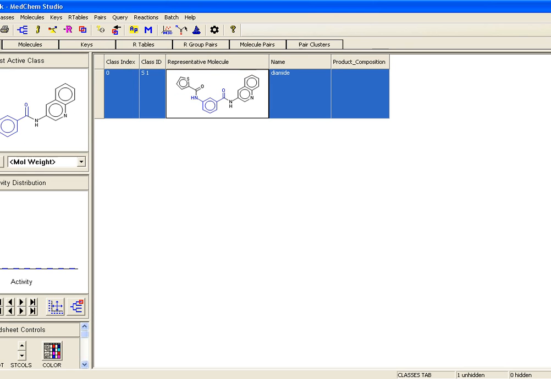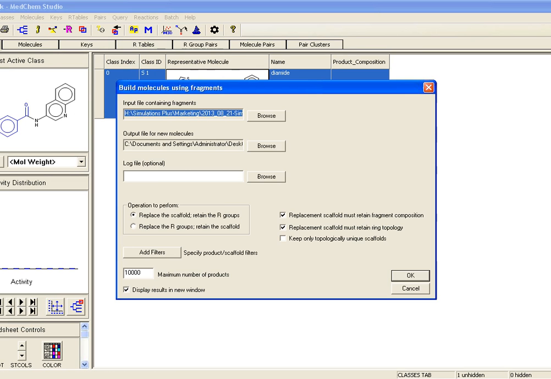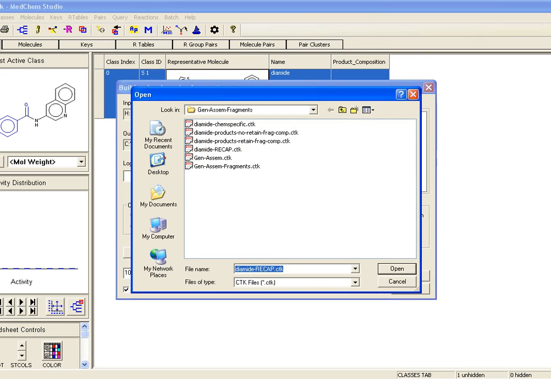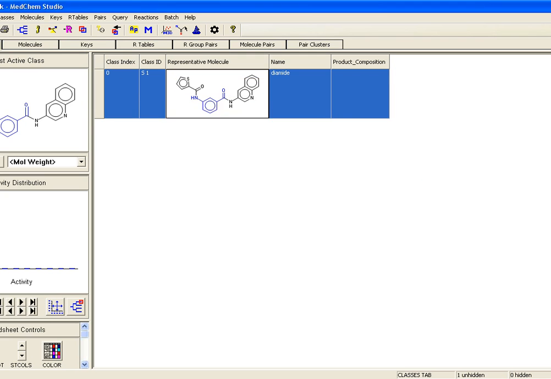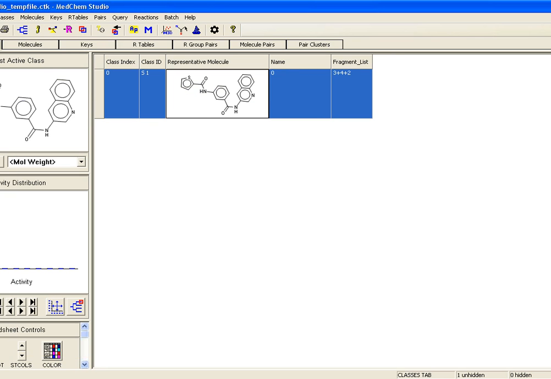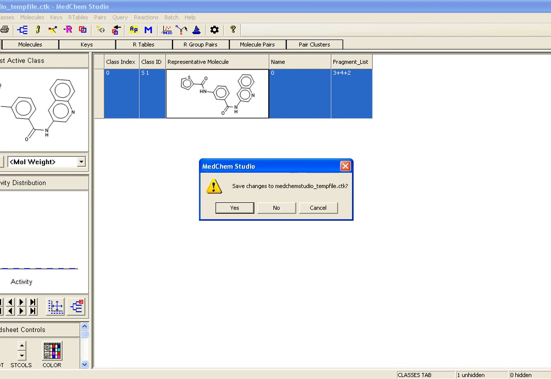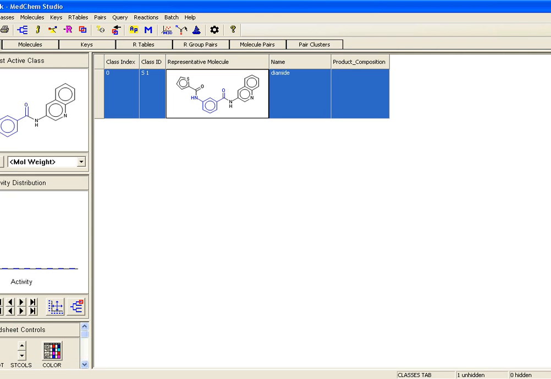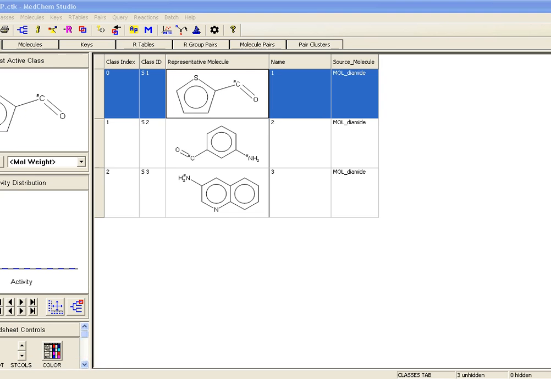So just to illustrate that from the recap we reproduce this, and then also I'm going to specify the other file that was created from the chem-specific transformation or fragmentation. So again, this would apply these rules, but it builds them up and reproduces the original molecule. And then lastly, I'm going to illustrate taking that diamide again